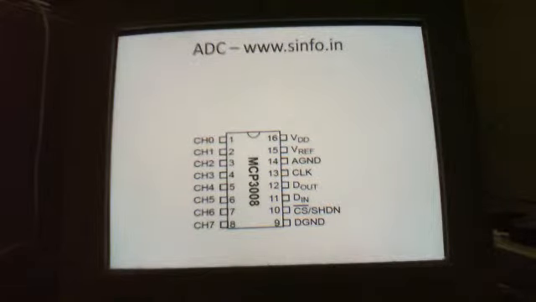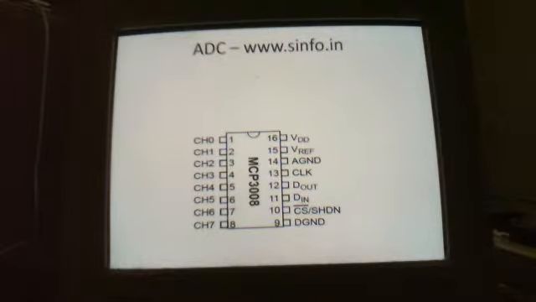Then next, the PIC16F877A has an inbuilt ADC. But if you take the Raspberry Pi board, for that you don't have an ADC. So wherever you don't have an inbuilt ADC in your microcontroller or your processor, you need an external analog to digital converter IC. So here we are interested in the MCP3008.